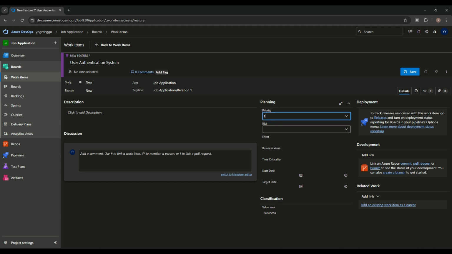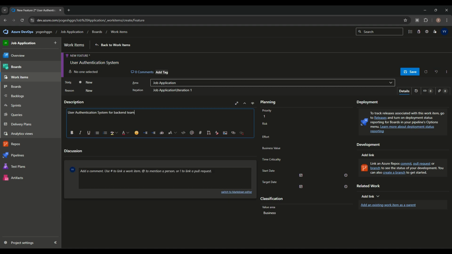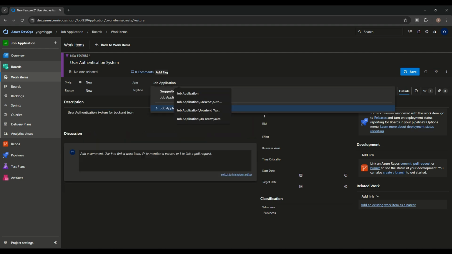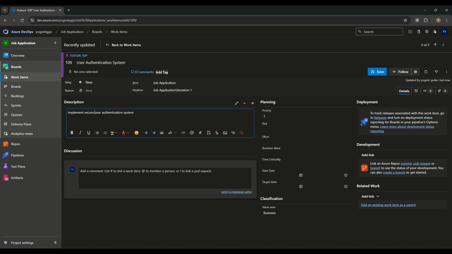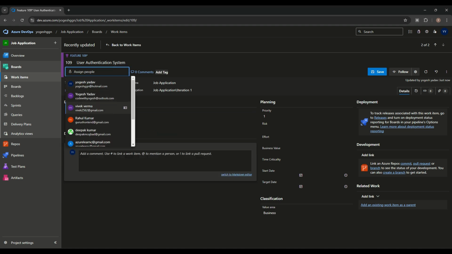This also has priority very high, and we can write down a description over here. The area should be the job application, or we can give the backend team also. In the epic we can change this description. The epic description should be something meaningful. So we are saying: implement secure user authentication system. We can assign this ticket to the same user,